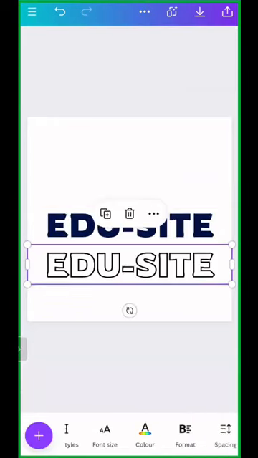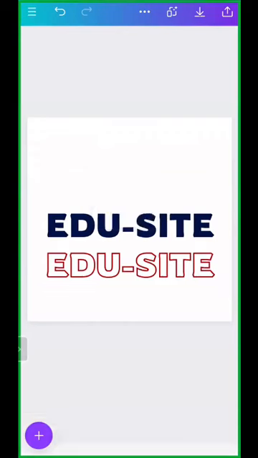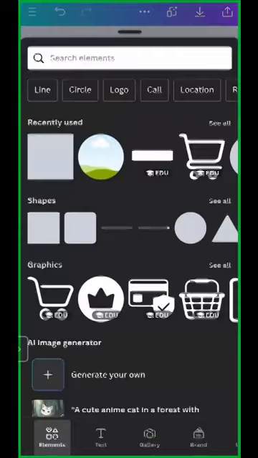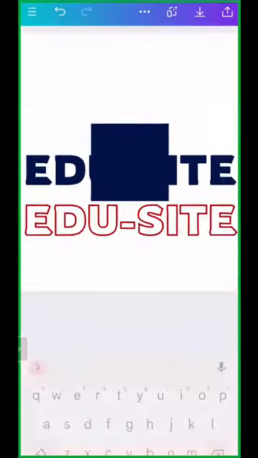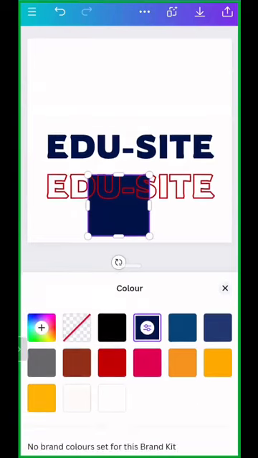For example, for this also, let me just assign a beautiful color. Okay. This suits for that. I do not know whether it suits well with that. Fine. We have to do this one here. Then I'll move to the shapes elements and just grab any shape here. Fine. I'll grab any shape. I'll make this shape white colored.